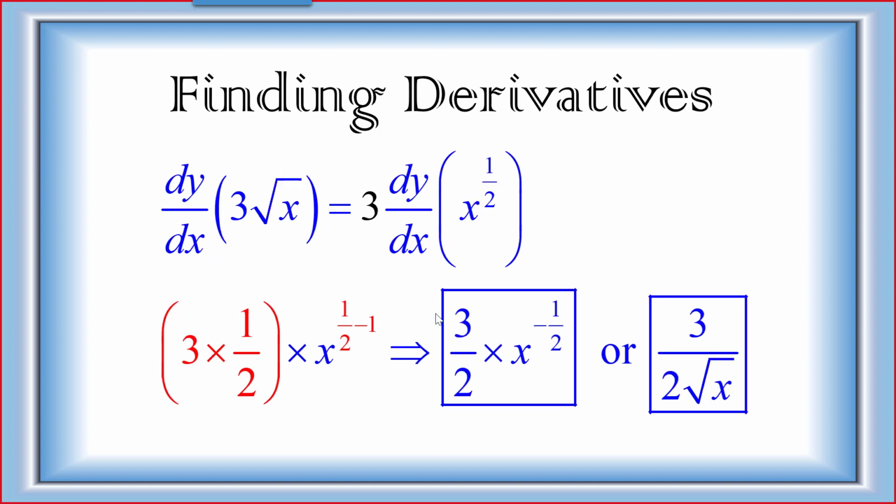This one here, we are finding the derivative of 3 square root of x. Once again, 3 is the coefficient. I've taken that outside. Because we are working in terms of power, so root x I've written as x to the power of